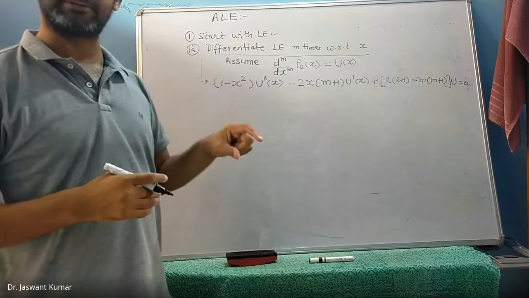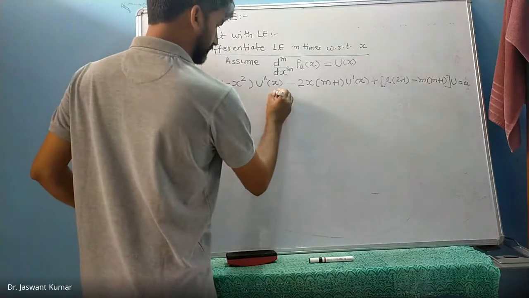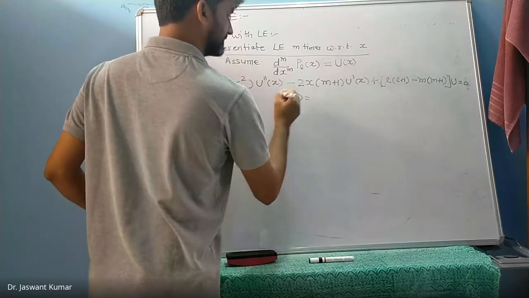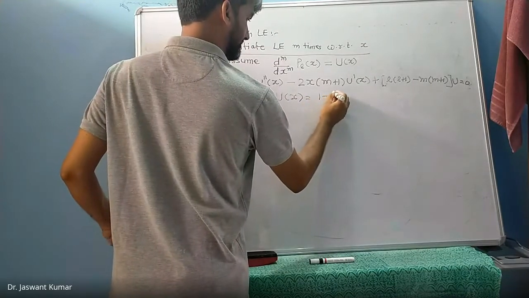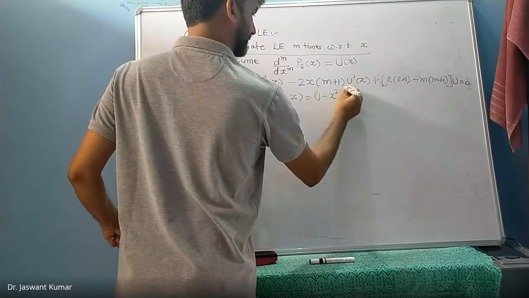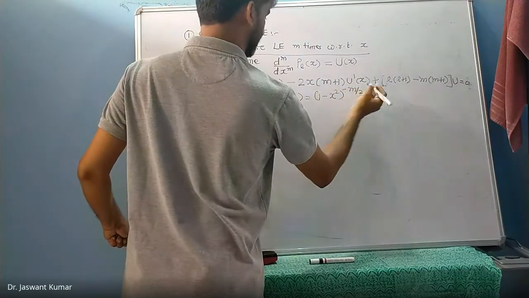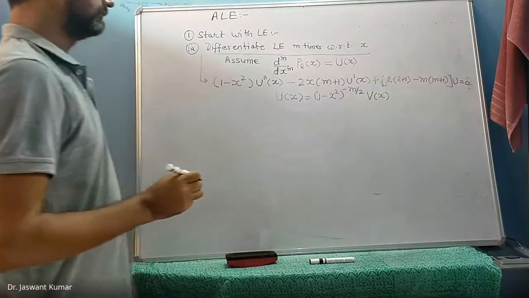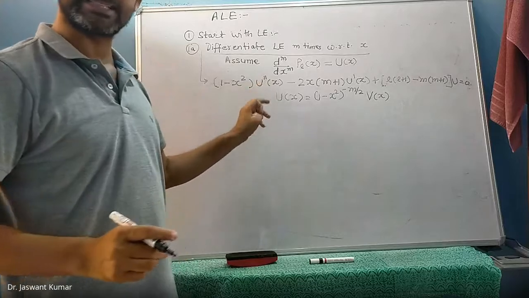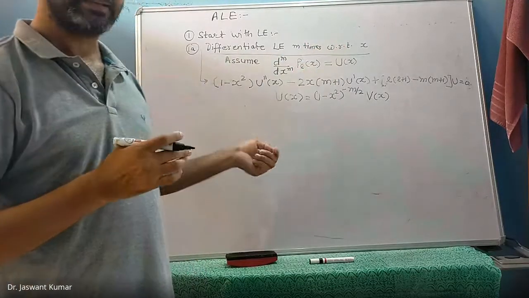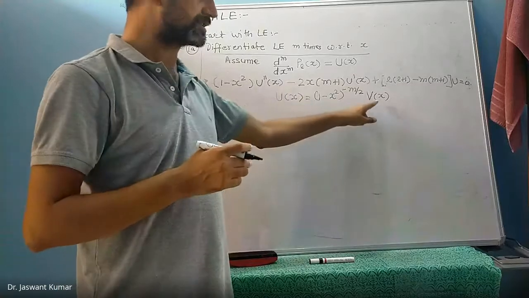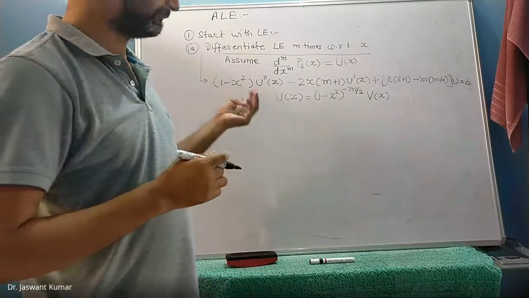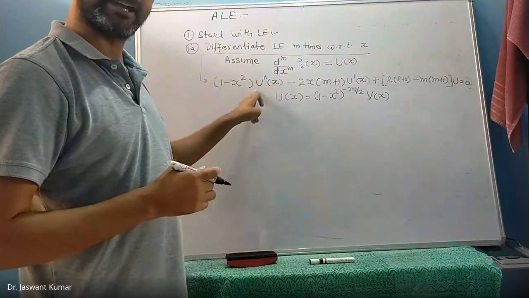So one of the tricks that we play is that we substitute u of x as (1 minus x squared) whole raised to the power minus m by 2, times some v of x. That means we make a substitution from one function f of x to a g of x. And the purpose of this substitution is that we feel that if we change f of x to g of x,